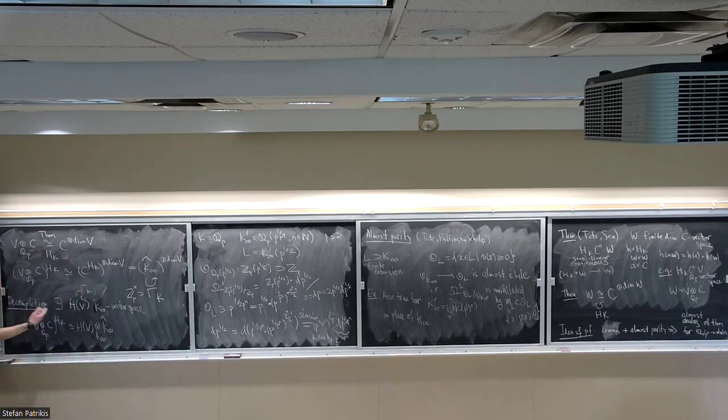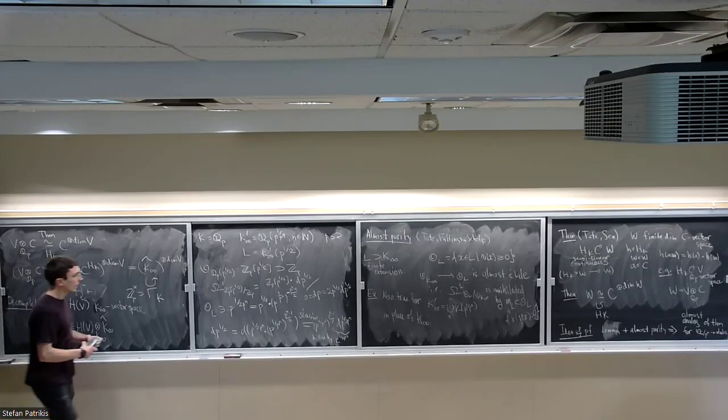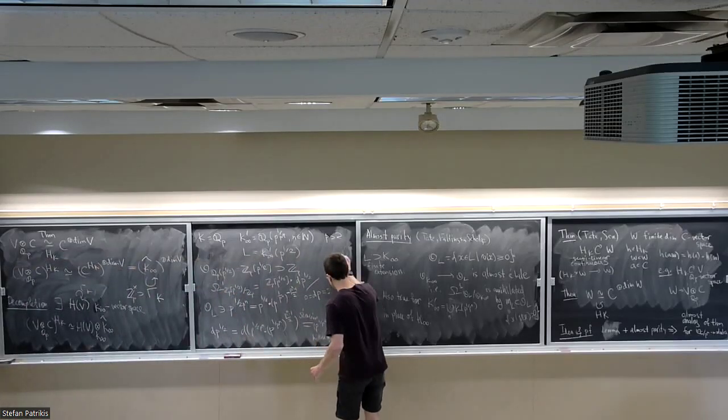But now I'm claiming that once I've done this, this Galois action on H of V, even though it's semi-linear, is really very close to being linear. And what I mean is that